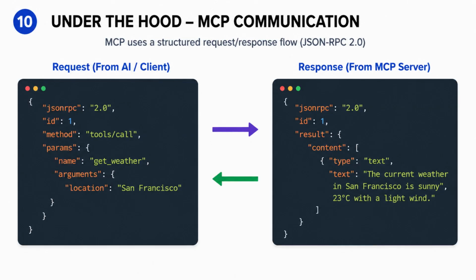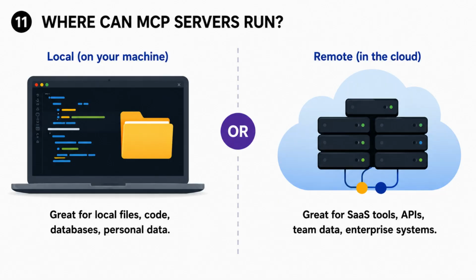Now for the developers watching, a quick 30 seconds under the hood. Under MCP, messages are sent using something called JSON-RPC 2.0. Don't stress about the name, it just means the AI and the tools talk to each other in a clean, structured format, like a very well organized text message. MCP servers can run locally on your machine as well. Great for your own files and code. Or they can be remote in the cloud. Anthropic has official SDKs in Python and TypeScript. So if you want to build your own MCP server, which I highly recommend trying, the barrier to entry is genuinely low. So try that out.